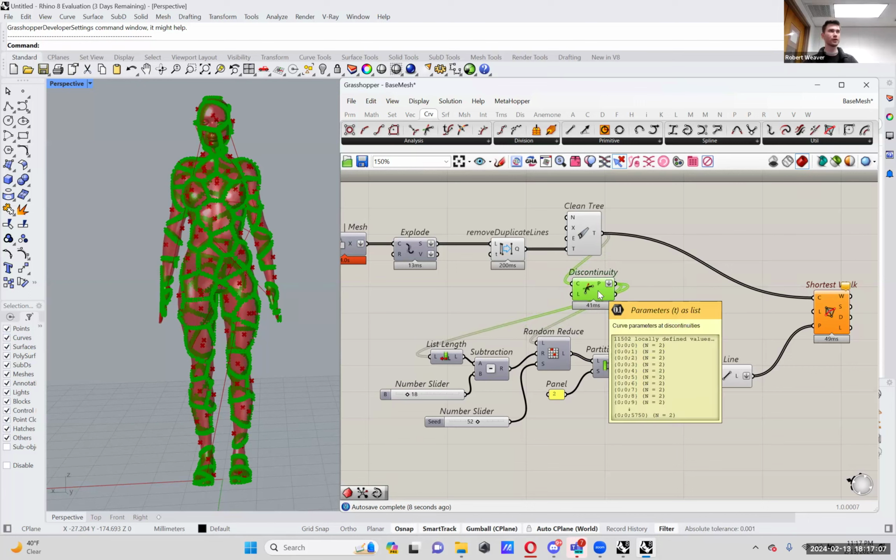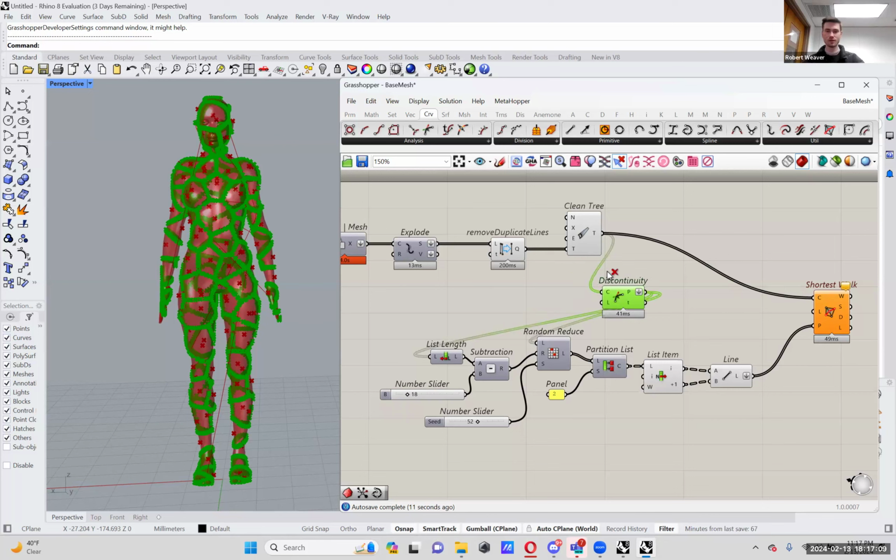So it's just a workflow thing. You don't have to do that. You could also just drag stuff like that. That also works, but